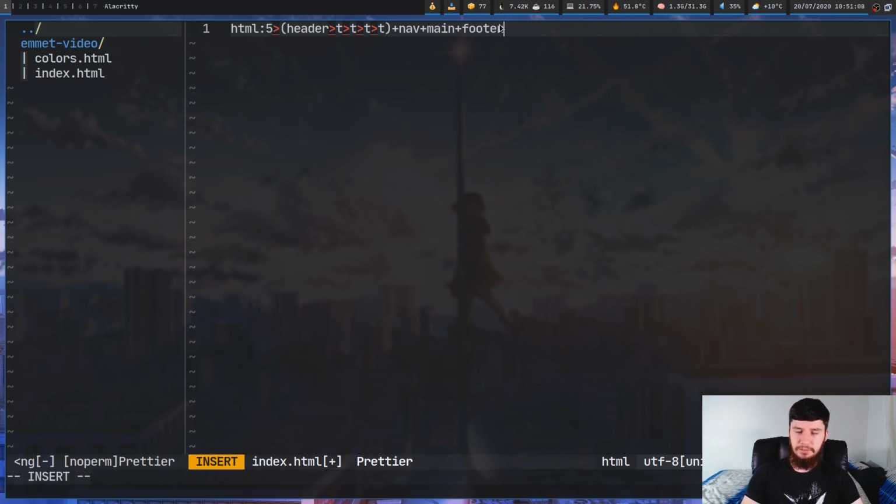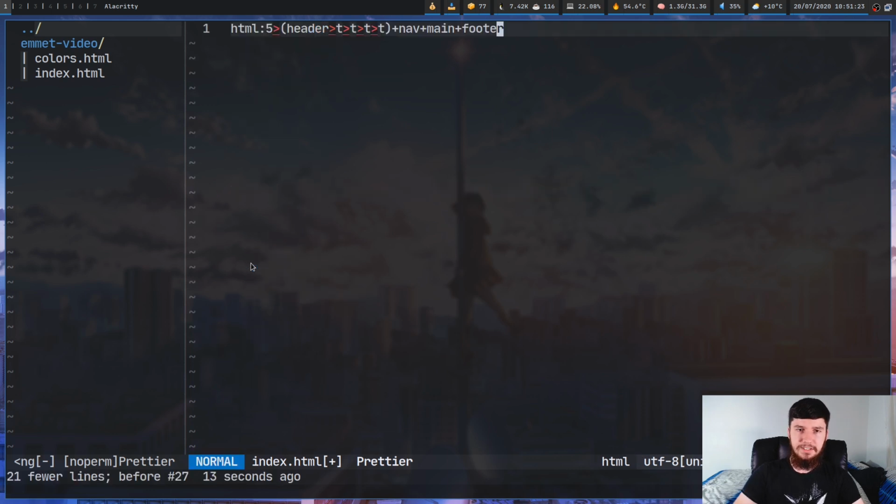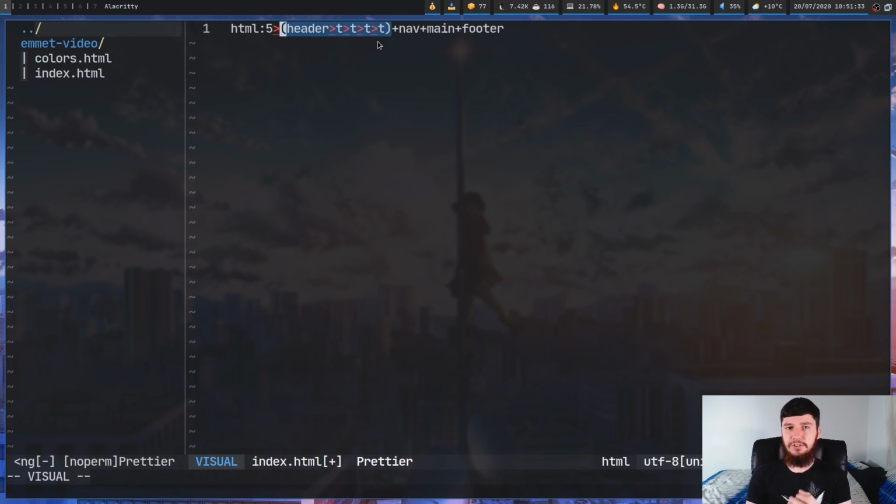Now, if we go and actually generate this page here, as you can see, we went down 4 levels, making all of these T tags here. And as soon as we left the group, this nav element is still considered to be a sibling of the header element, because what it's actually doing is setting the nav to be a sibling of this group. Rather than being a sibling of the last tag in the group, it's a sibling of the entire group as a whole, and the location of that group is as a child